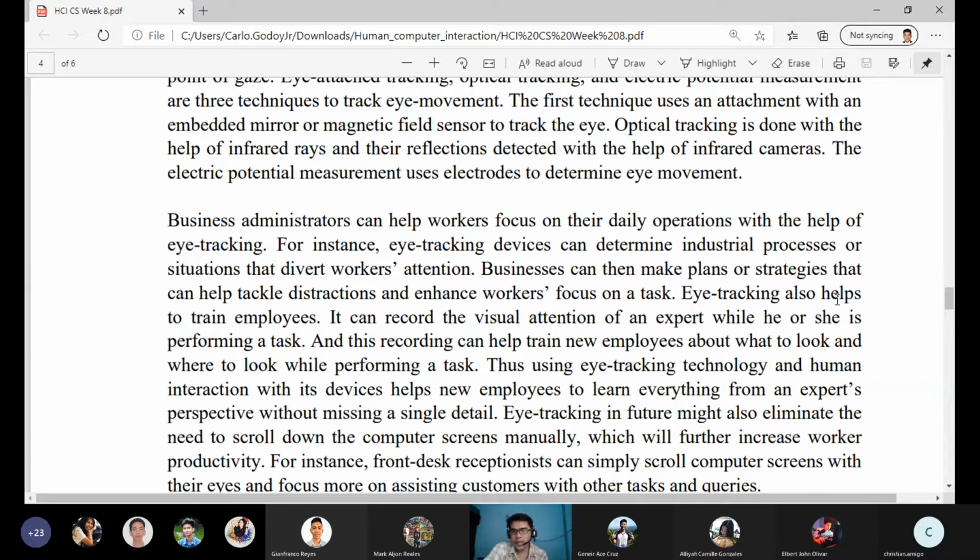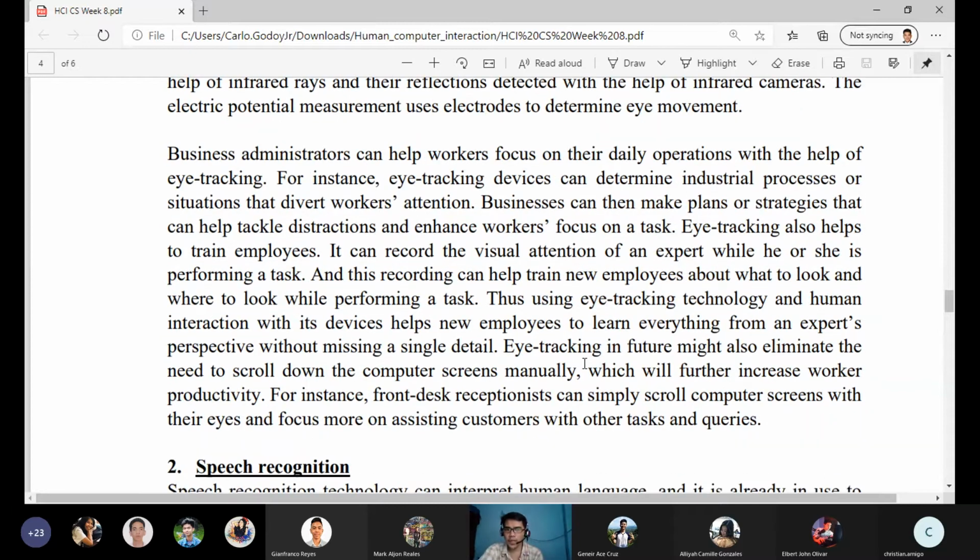So another help that an eye tracking system can do is to train your employees. So what it can do, it can actually record the visual attention of an expert while he or she is performing a certain task. And this recording can help train new employees about what to look and where to look while performing a certain task. So it will actually record how the trainer does a physical thing. So the movement of the eye will be recorded. So the system can replicate it so that trainees can actually adapt and do the same thing that is being done